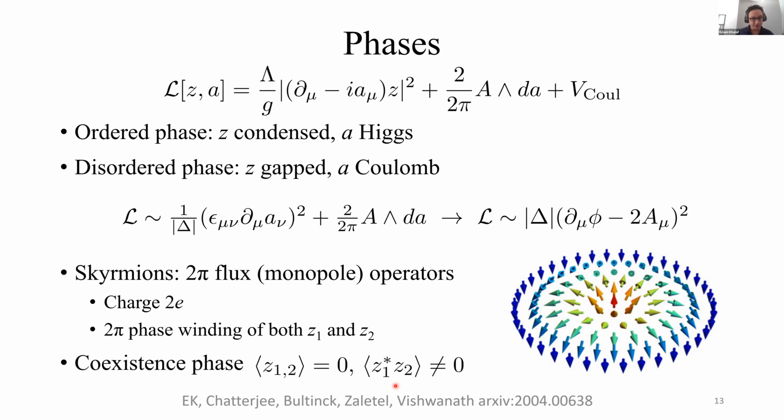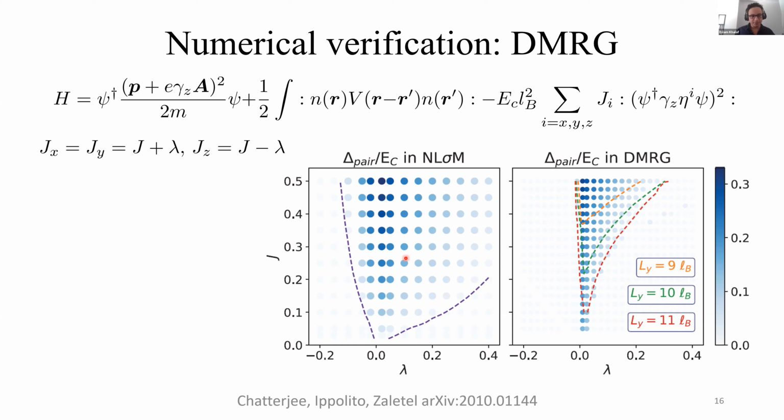And what they've seen is the following. They see some superconductivity, and it turns out this anisotropy term is bad for superconductivity, but as it goes to 0, you get superconductivity no matter how small J is. So J could be much, much smaller than the Coulomb interaction scale, and you could still get superconductivity in this system. Furthermore, when they computed the pair energy just from the nonlinear sigma model numerically, they found that this superconducting pairing and the pair energy obtained from the skyrmion picture match pretty well, which provides good evidence that the skyrmions are the ones leading to this mechanism, the skyrmion pairing.